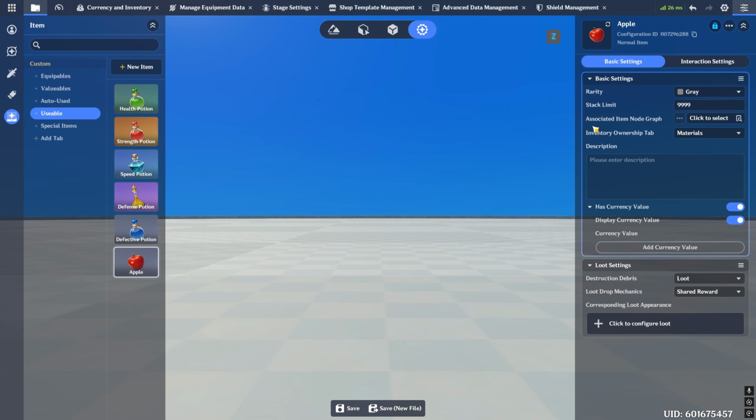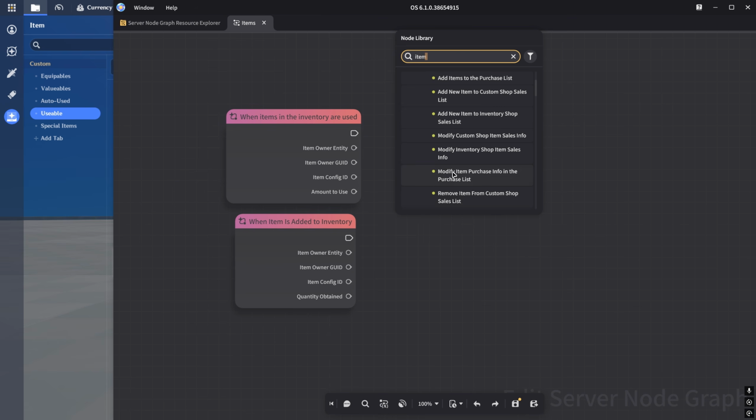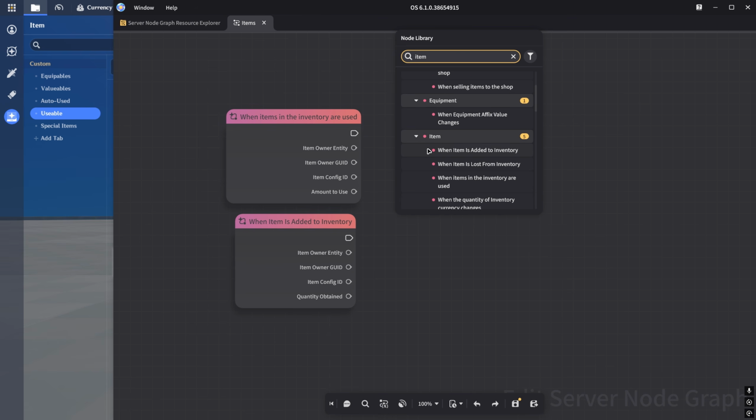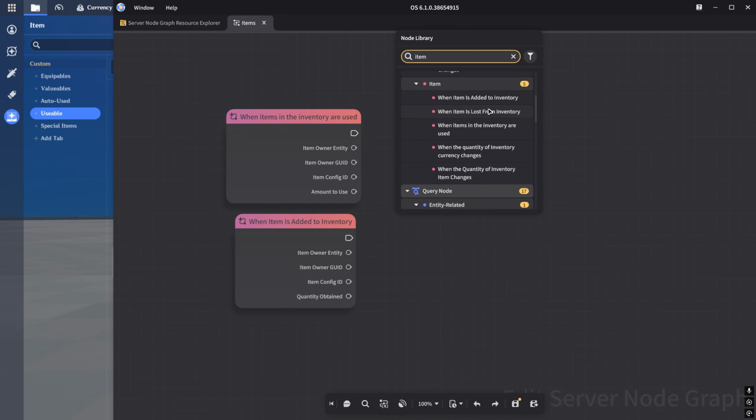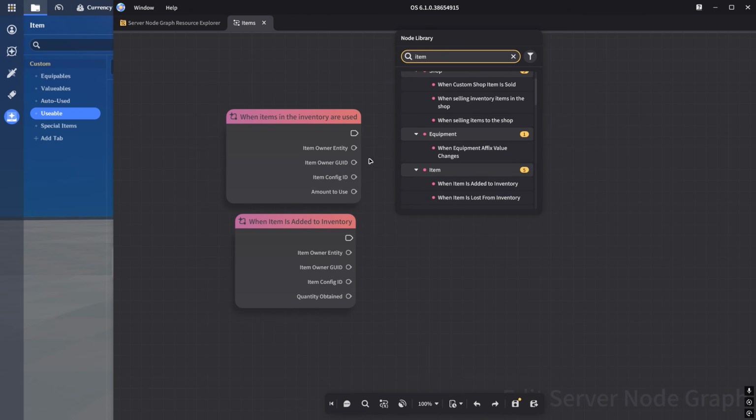We have associated item node graph, which allows us to actually put a node graph onto this item, and then when this item is in our inventory or when we equip it, whatever it is, this item will attach this node graph to the character. Just as an example here, we have two of these event nodes. If you type in the word item, you'll see a lot of item related things, especially in the event nodes right here: when the item is added or lost from the inventory, when they're used, or when the quantity changes. So you can use these events specifically on the item node graphs to trigger logic